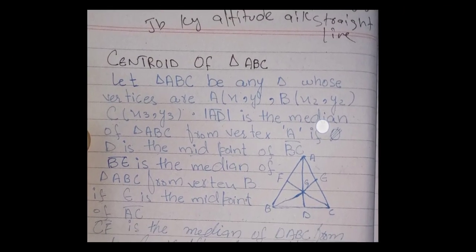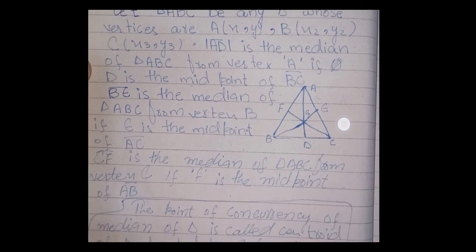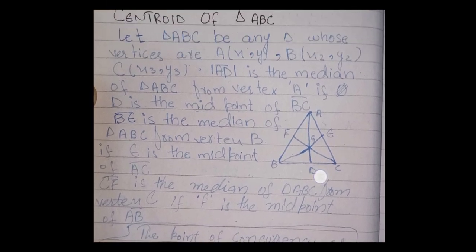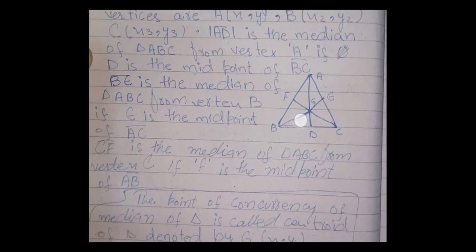Then we will know what the point of division is. Now that's the thing, and this is the term centroid. We have two terms, centroid and incircle. First we are discussing the centroid of a triangle. What is the meaning of the centroid? The centroid is this G. This G is called the centroid. What is this G and how will we get it?